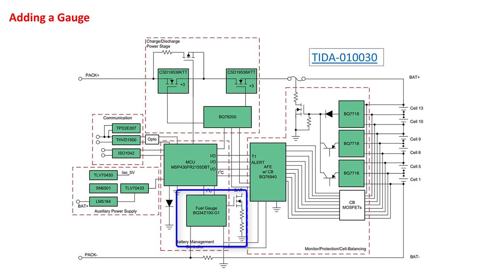Many users have used the idea from this example and have used the BQ34Z100-G1 gauge with the BQ769X2 battery monitor. In this configuration, the microcontroller communicates with the gauge and the monitor separately. Both will connect to the sense resistor, and the gauge will measure the stack voltage through a divider circuit.